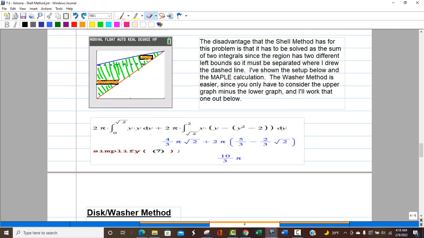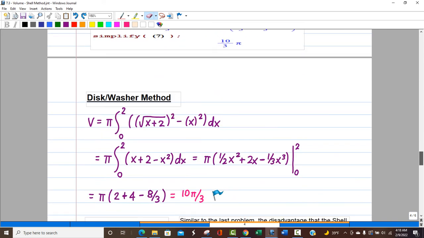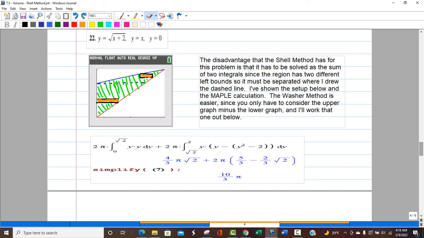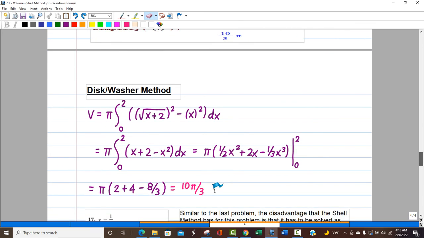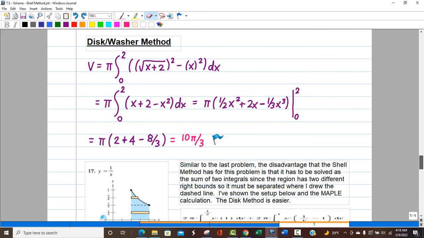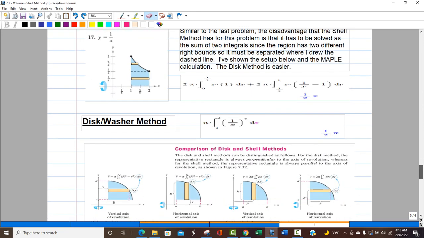So obviously the shell method was a little trickier because of the two pieces, but you can feel pretty good about what we did using the disc and washer. The fact that my shell method process matched that makes me feel like, all right, then I know I set both of them up correctly. But I was really confident about the disc washer. And here, this